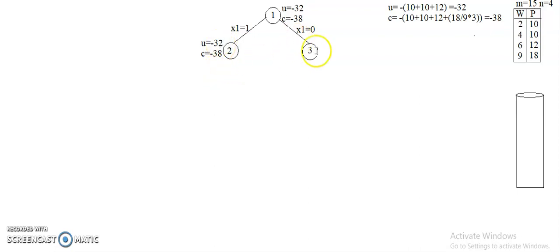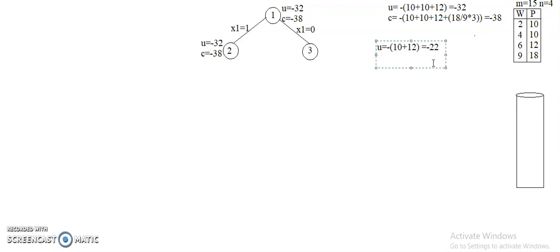That's the reason. Suppose I don't include the first item in my knapsack, what will happen? Then I need to ignore this upper bound value. Let me start typing here: upper bound is equal to minus of, the first item I am going to exclude, the second item I am going to include. The profit here is 10. The remaining capacity of the bag is 15 minus 4, which becomes 11. Next, item 6, I am going to add 12. I can add 6 because 11 minus 6 is 5, so I can add plus 12. The third item I can't add, because the upper bound won't allow you to add the fraction part. So the profit here is minus 22.